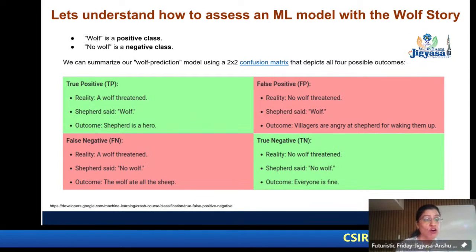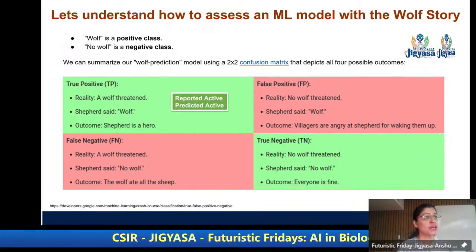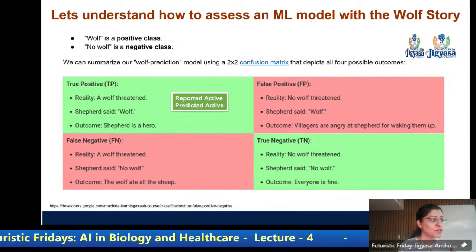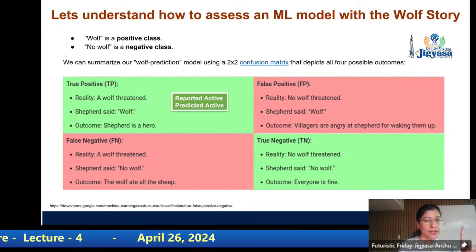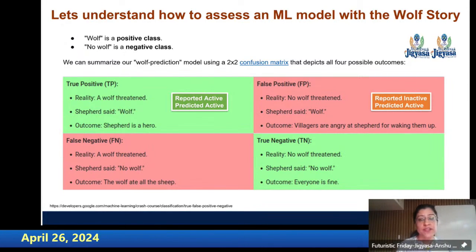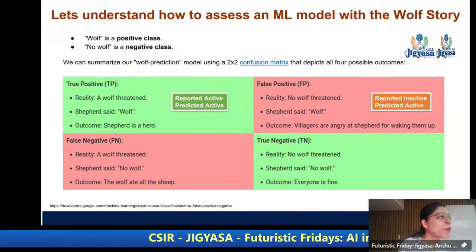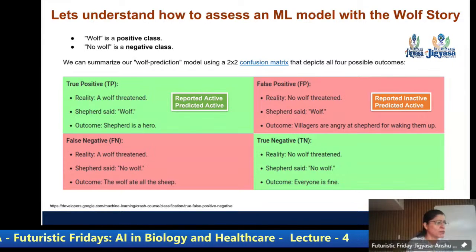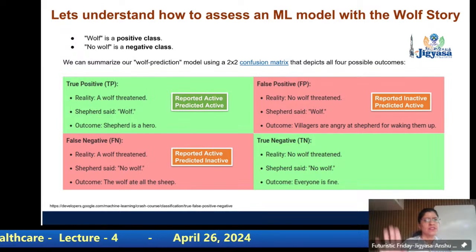If your data reports a compound to be active and your machine learning model says it is active, then it is a true positive, because your prediction and your original data are matching. Right? What is a false positive? When it is reported to be inactive, but your model is saying it's an active compound. Problem? But not so much, because you probably have something else in the kitty which is not there. It is not a serious issue.